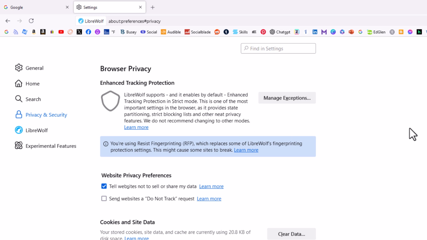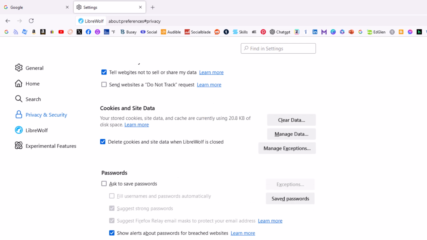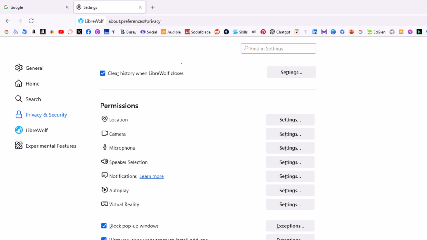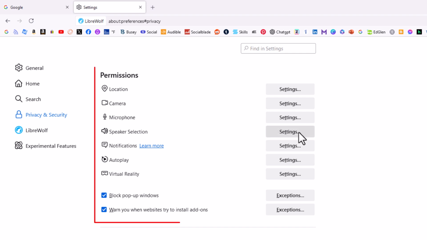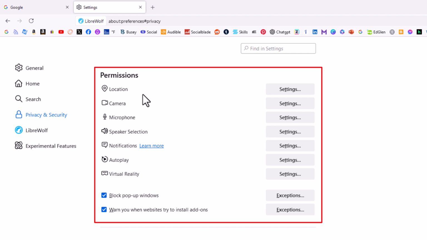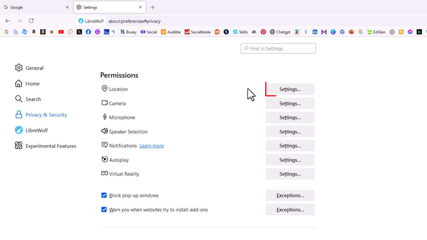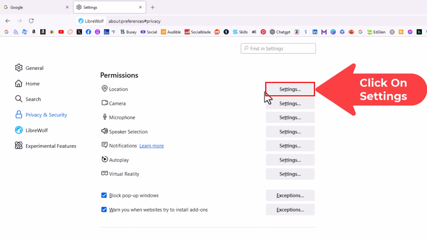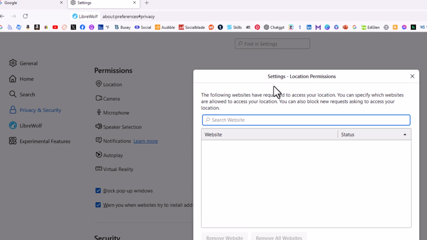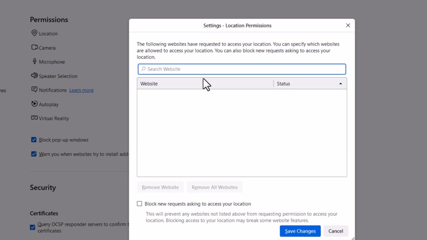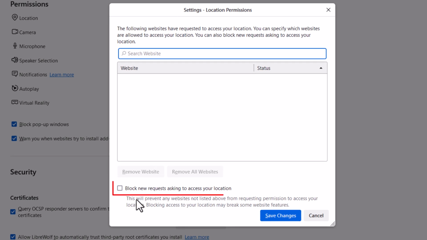Then on the center pane, you want to scroll down to where you see the Permissions section, and right up top here, Location. You want to click on Settings off to the right side of Location. And in this little dialog box that opens up here, right down at the bottom, block new requests asking to